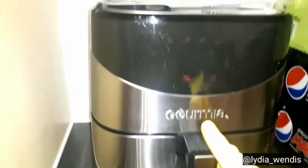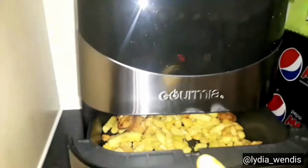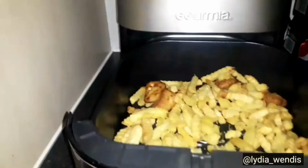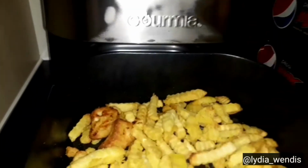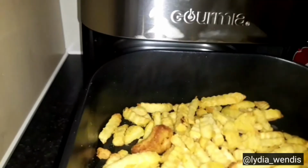Oops, I'm gonna open this, so it's done cooking. Some of them burnt. That's what I wanted. I always open every after 5 minutes and shake it. It looked a lot, but that's fine. I'm gonna get this and put it in the...